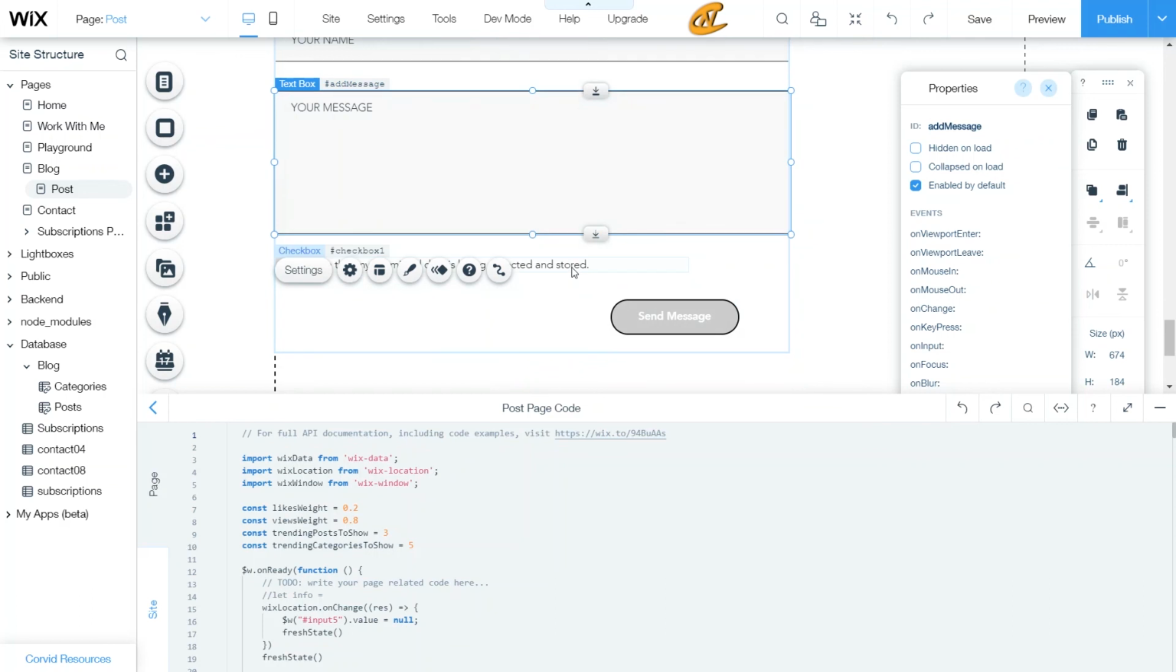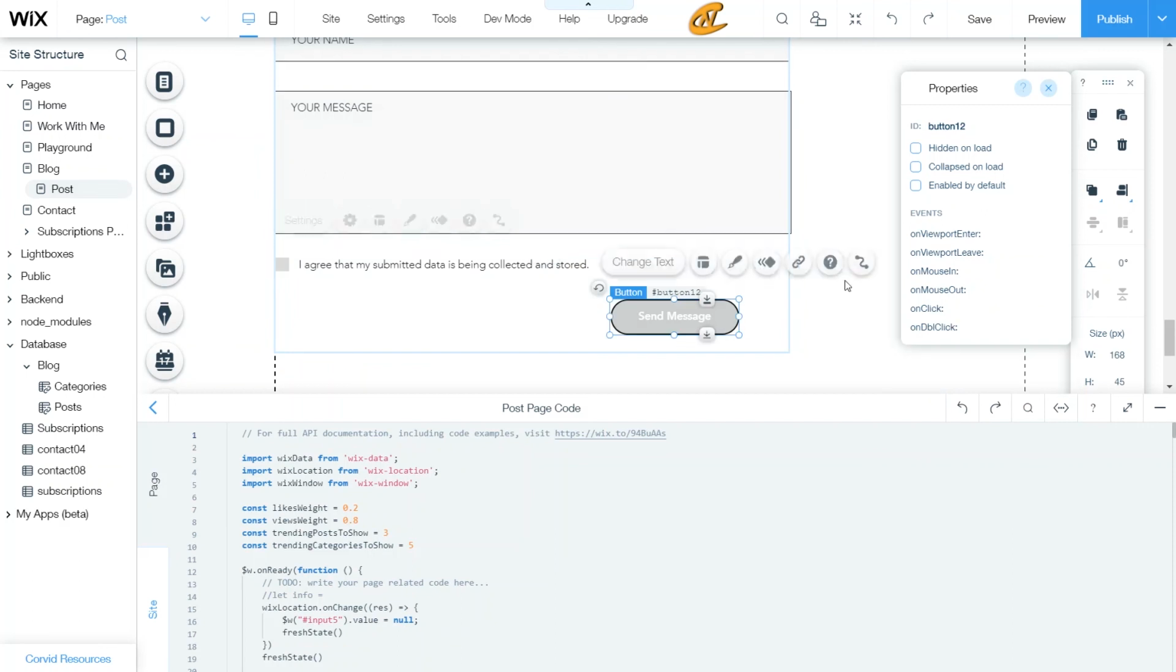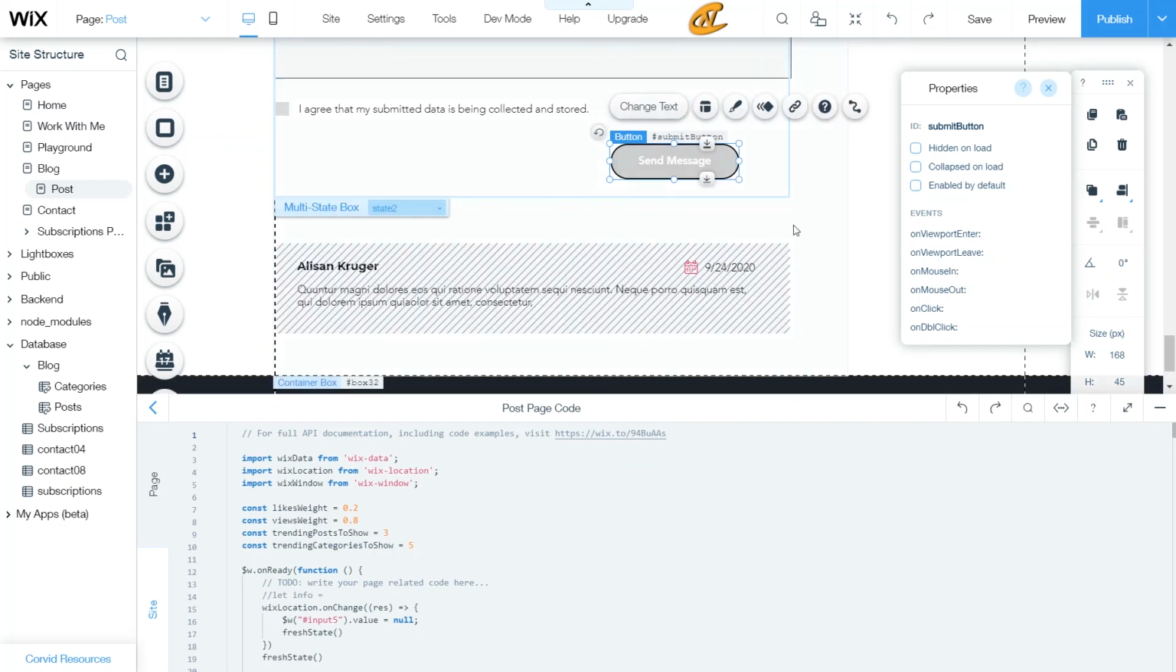Okay, we're going to say that this is... I'm just going to keep it as checkbox. I don't have to keep it as checkbox 1, so I'm just going to keep it as checkbox, and then I'm going to say submit button. Okay, so now that I have my elements here and labeled,